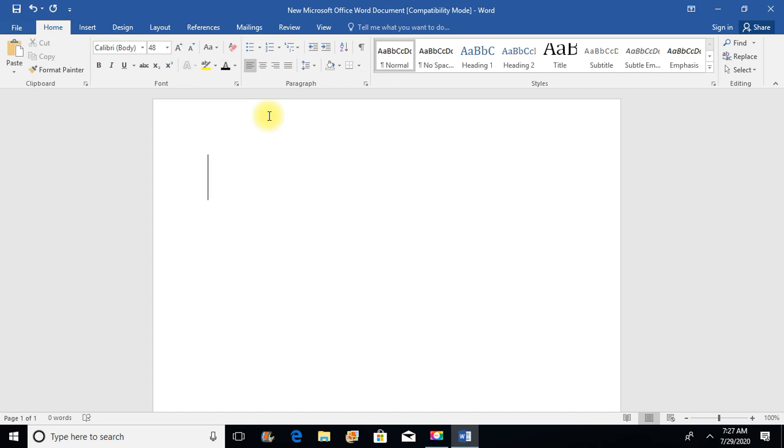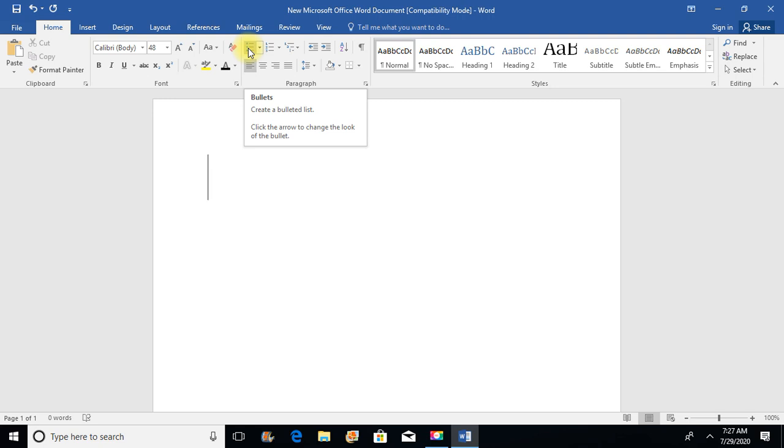Now, let us see how to create a bulleted or numbered document. We can format a listed document by using bullets or numbers. A bullet is a small graphic that indicates the items in the list.